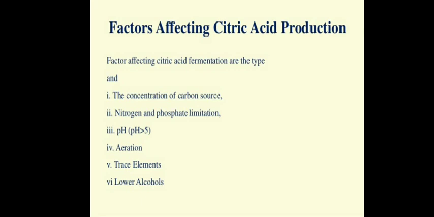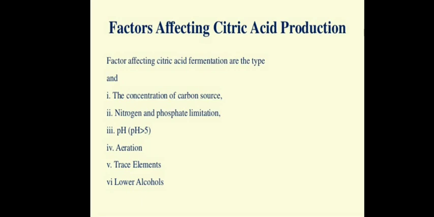The concentration of nitrogen which is required for the production of citric acid is near about 0.1 to 0.4 grams per liter. Whenever there is high concentration of nitrogen, it increases the fungal growth and consumption of sugar, but it decreases the citric acid production, or the amount of citric acid production is decreased when the nitrogen source is in excess.